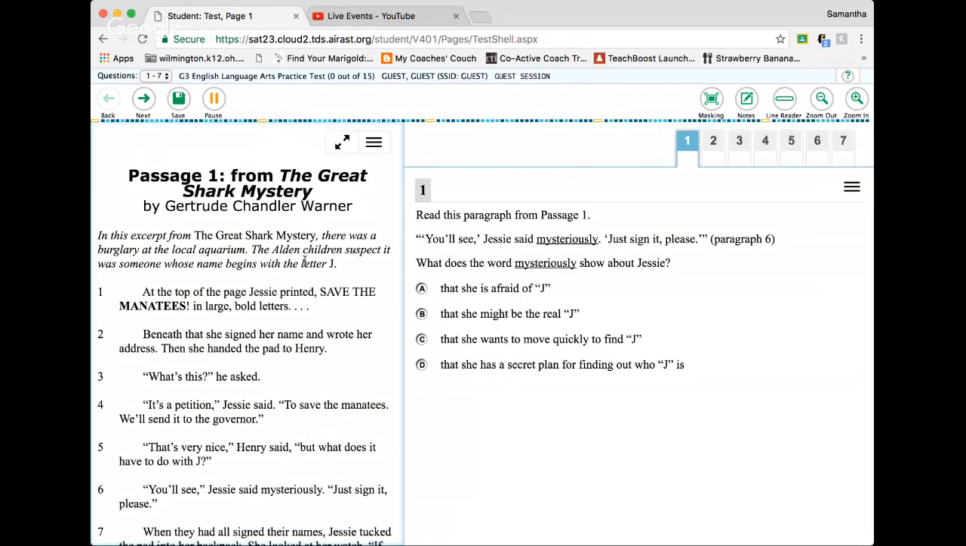Begins with the letter J. 1. At the top of the page Jessie printed, save the manatees, in large